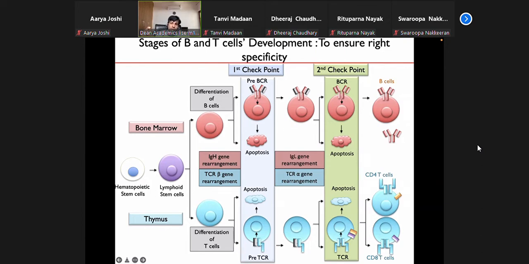That is for cytotoxic T cells, and for CD4 T cells, that means the helper T cells, this is actually larger, a 13 to 14 amino acid sequence. If they recognize your own antigen at this time point, the cells die. If they don't, they follow the next stage of their development, which is basically